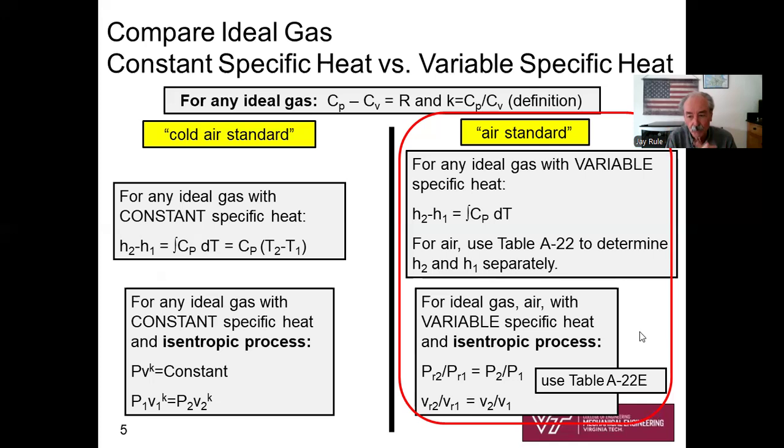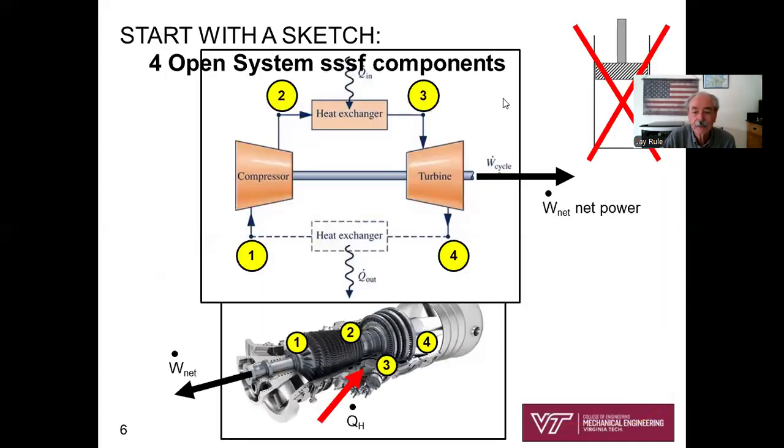So we're going to use this fundamental for isentropic processes a lot. Okay, let's start with a sketch and remind ourselves what we've got. So here's an image of what a simple gas turbine looks like. Okay, 1 to 2, the compressor process. Here's our sketch. 2 to 3, the combustion chamber process that we're modeling as heat addition, the heat exchanger process